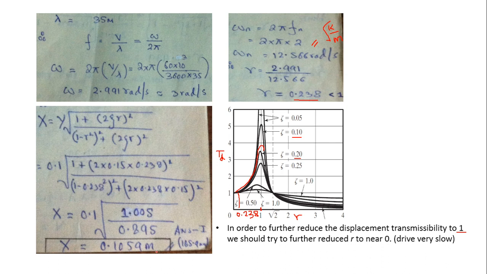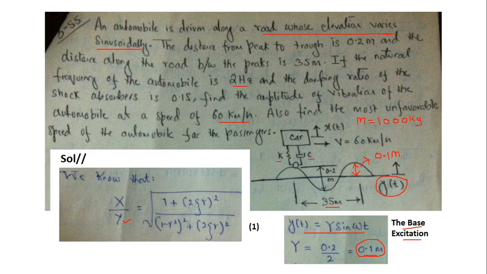It is 0.1059 meters actually, so 105.9 millimeters. Now if we want to bring this x closer to y, that is this ratio approximately equal to 1,